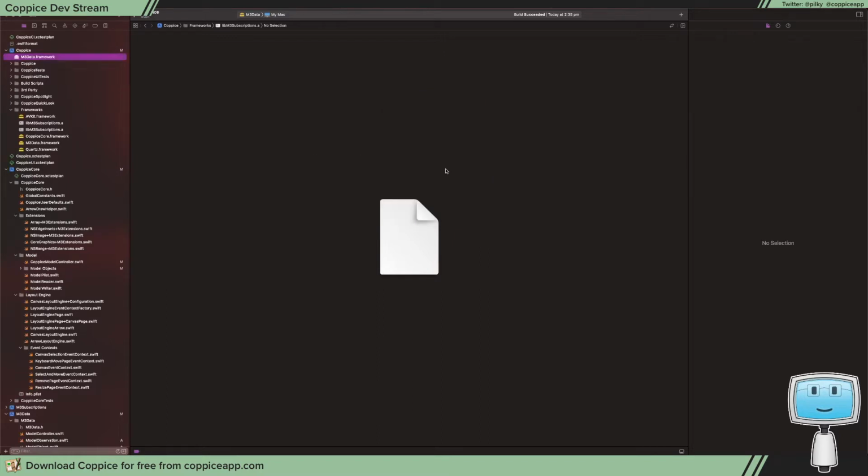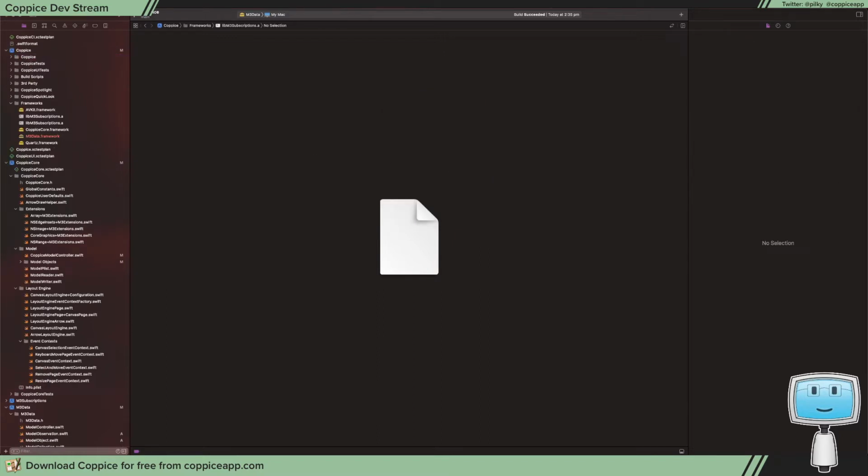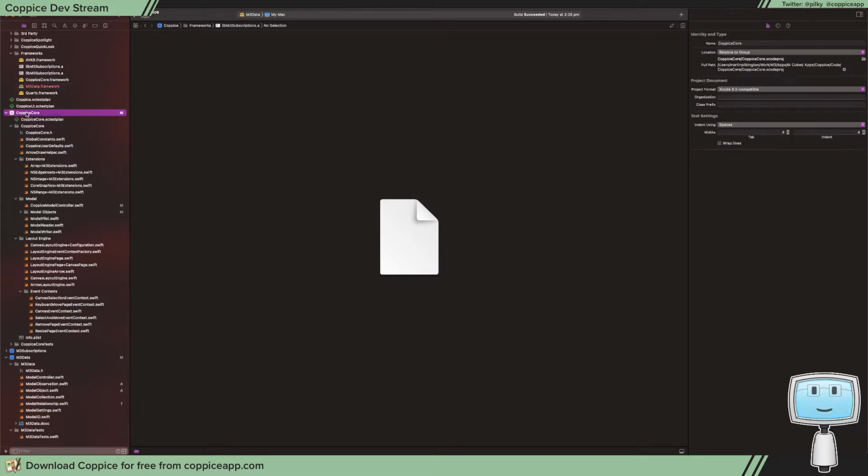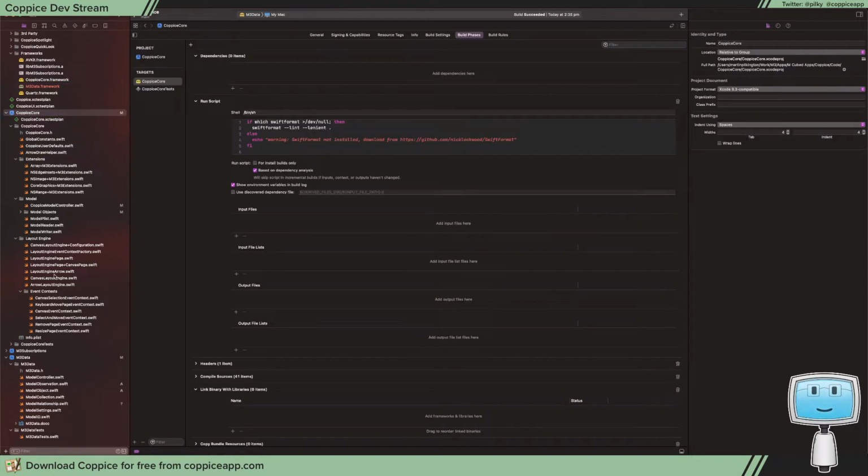Oh. Okay. Okay. Coppice core. We want to do the same again. So let's build M3 data. This is... I don't think in